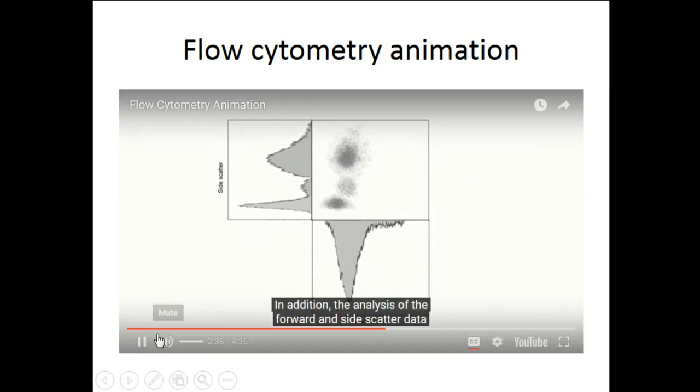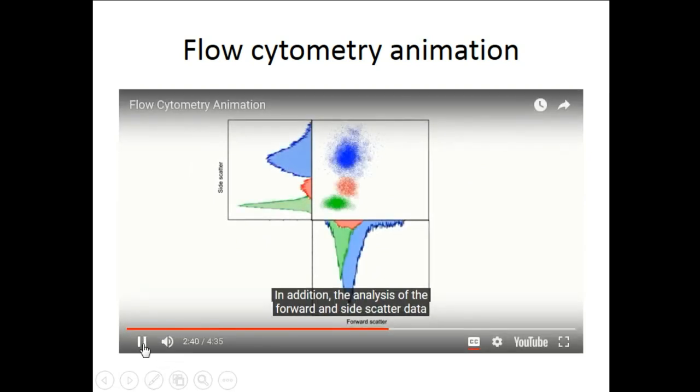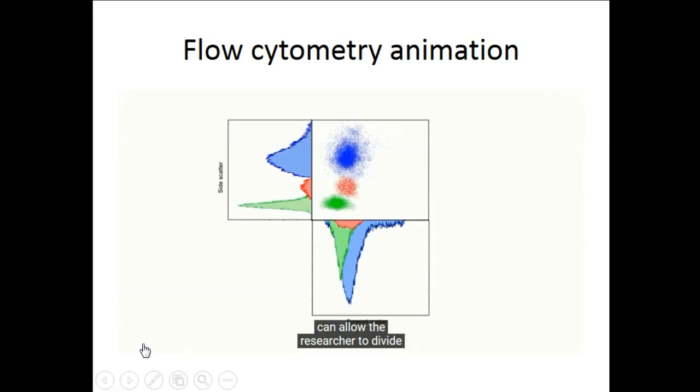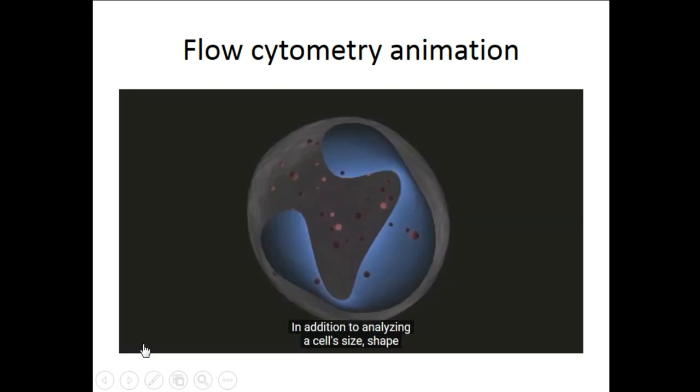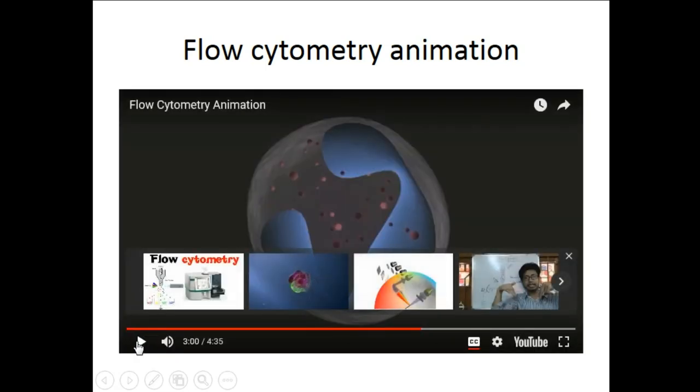In addition, the analysis of the forward and side scatter data can allow the researcher to divide the heterogeneous population of cells into individual populations with varying size, shape, and complexity. This capability of analyzing multiple populations within a sample is the immense strength of the flow cytometry experimental technique. In addition to analyzing a cell,